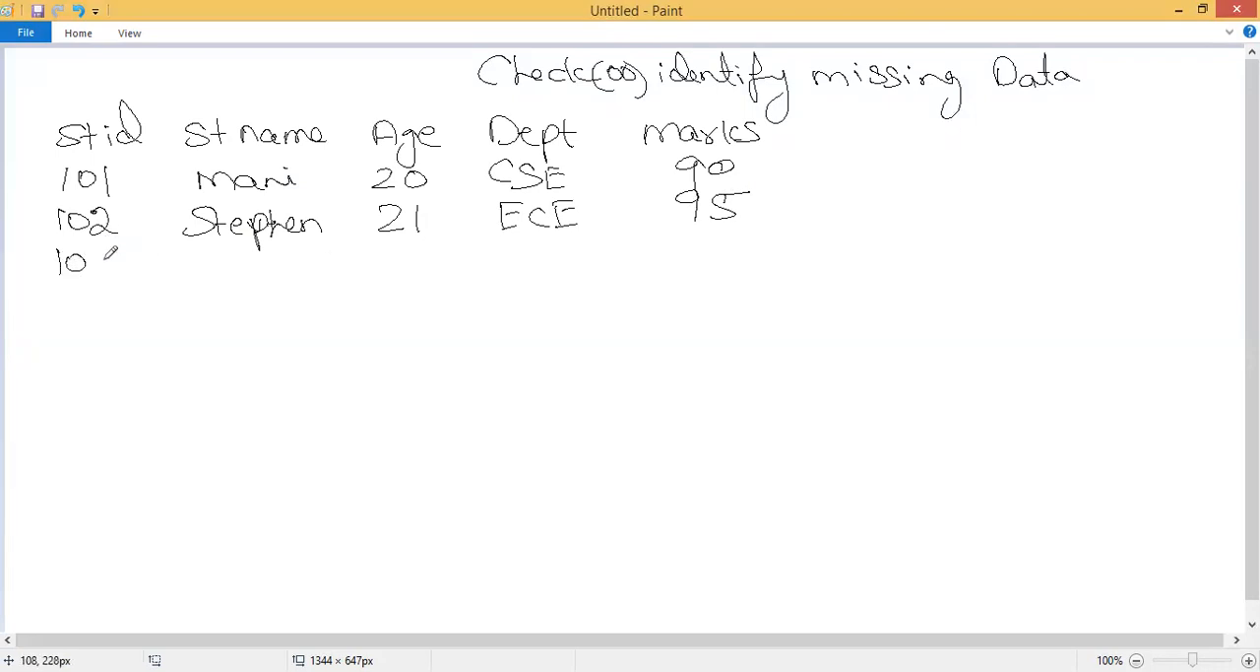And the student ID is 103. His name is George and his age is 19 and he belongs to the CSE department, Computer Science and Engineering, and his marks is not mentioned here. It is mentioned as blank. So it is a null value. So in order to identify